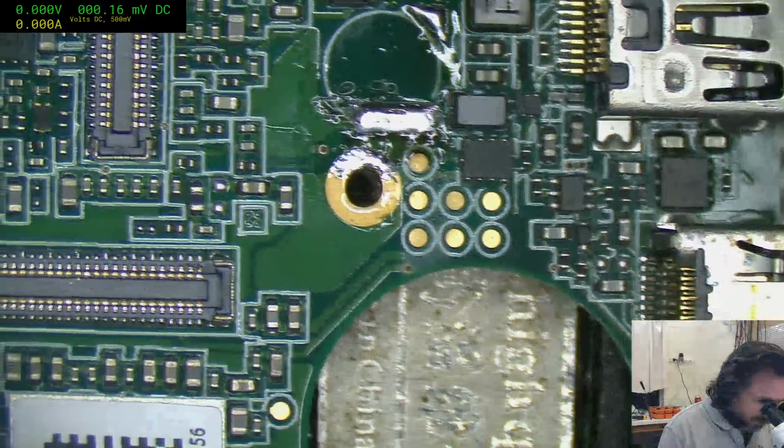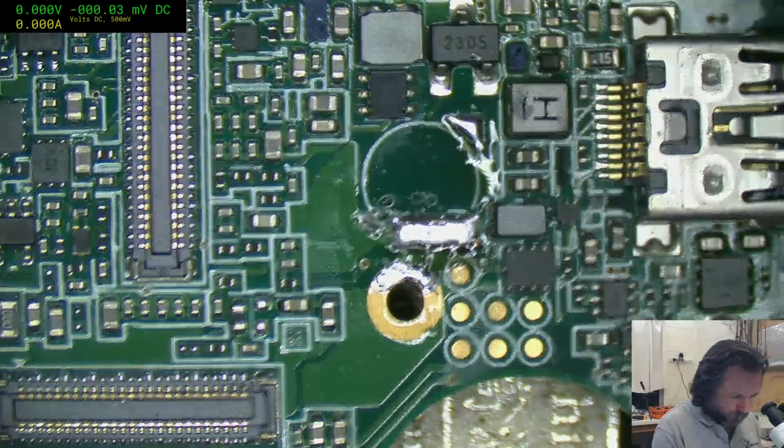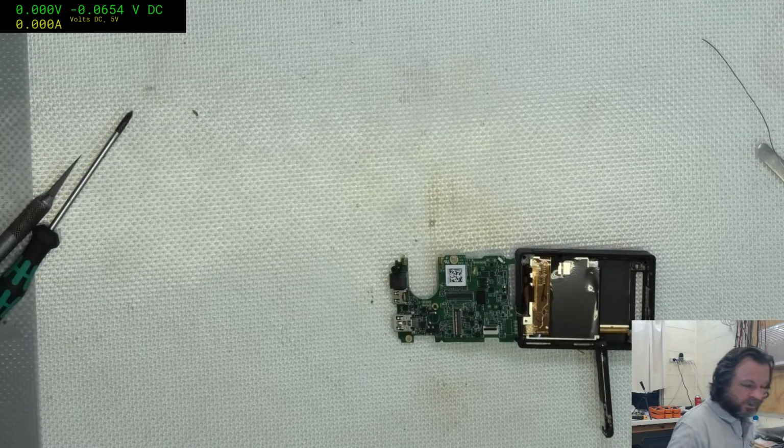Alright, well, that doesn't solve diddly squat for us. Doesn't solve diddly squat at all. Mind you, with that removed, I'm kind of curious whether it might function now. Unfortunately, the cable is a wee bit small. Sorry, I know it's out of focus. Remember, it's out of focus for me too. Okay. I don't have a super cap or any other replacement part that I can use for that particular point, so